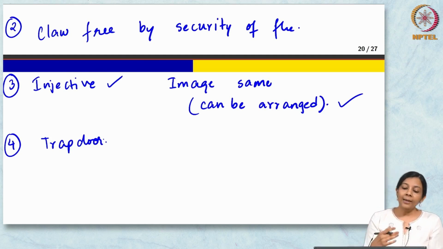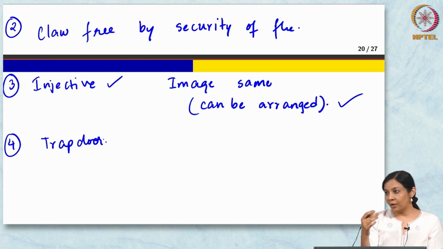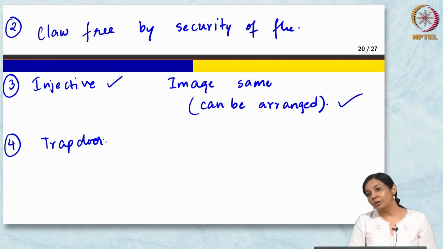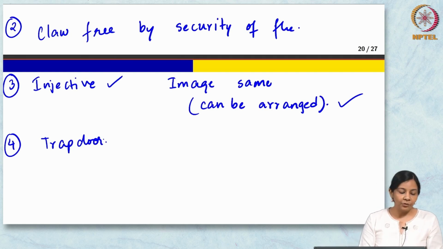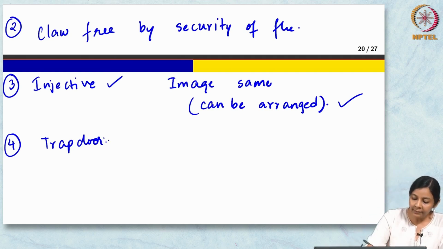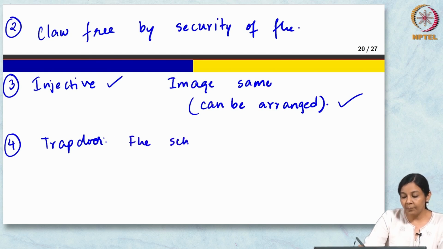Luckily the lattice based FHE schemes that we have support trapdoors. Okay. We did not do it in this course, but there are trapdoors of lattices, and for these lattice based FHE schemes, I can use that lattice trapdoor to recover the randomness. So, without going into any details, I am just going to say that FHE schemes from lattices